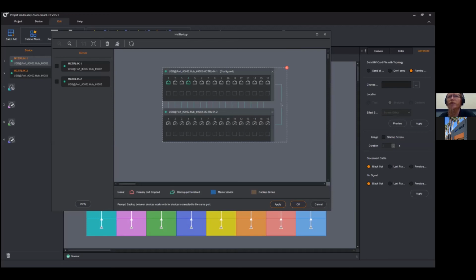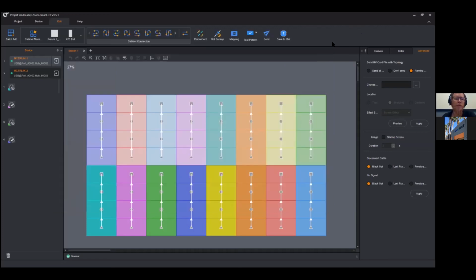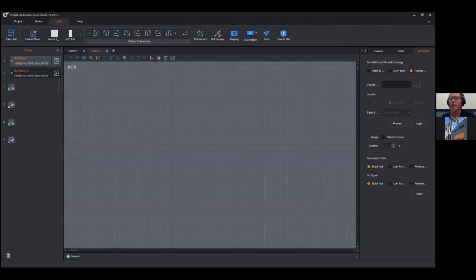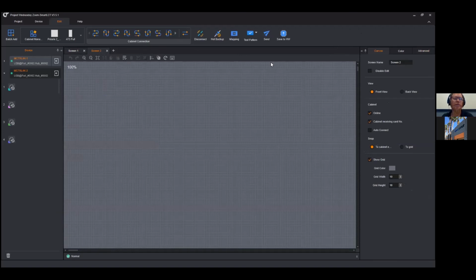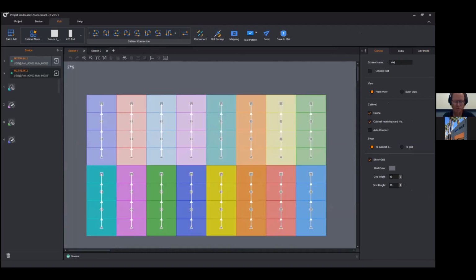In Smart, you can make, let me close this. So to make a second screen in Smart, you just click the little plus icon and you get screen number 2. And over here, I can change. So if I make this one WED 4K,